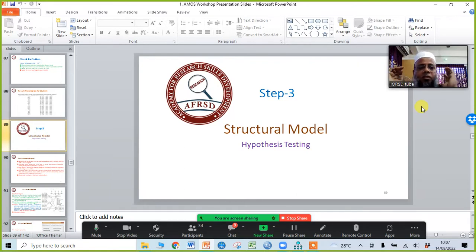The structural model is the third step, where we observe whether our theoretical constructs have any effect from the exogenous variable to the endogenous variable, for which we create the structural model, where we test the hypothesis.